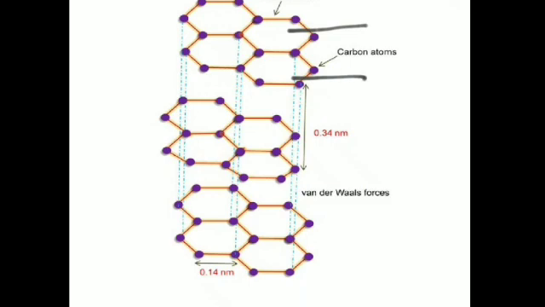So, each carbon atom in a graphite layer is joined to 3 other carbon atoms. You can see a single carbon atom over here. This single carbon atom is joined to 3 other carbon atoms, 1, 2 and 3. Again in turn this will be joined to 3 others. So, this continues and it is in the form of a layer, and each carbon atom is joined to 3 other carbon atoms by strong bonds. These bonds between the carbon atoms are strong and they form flat hexagonal rings.